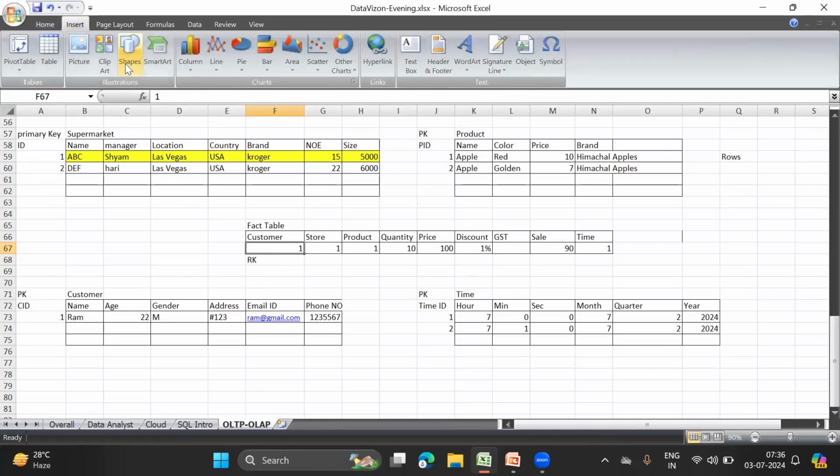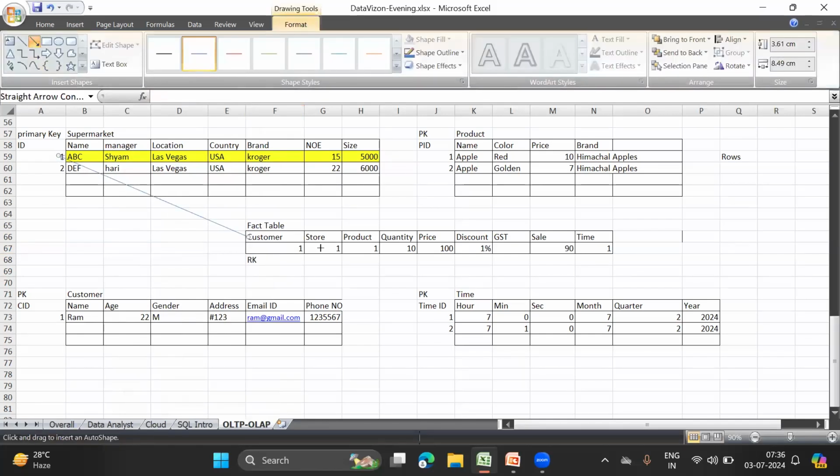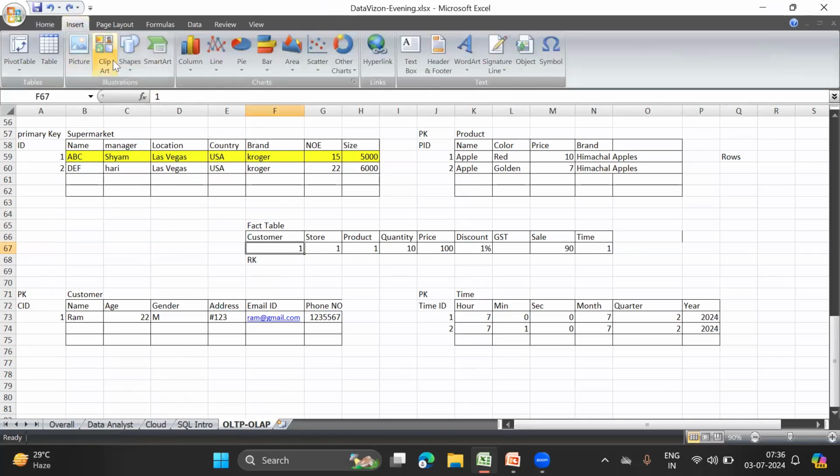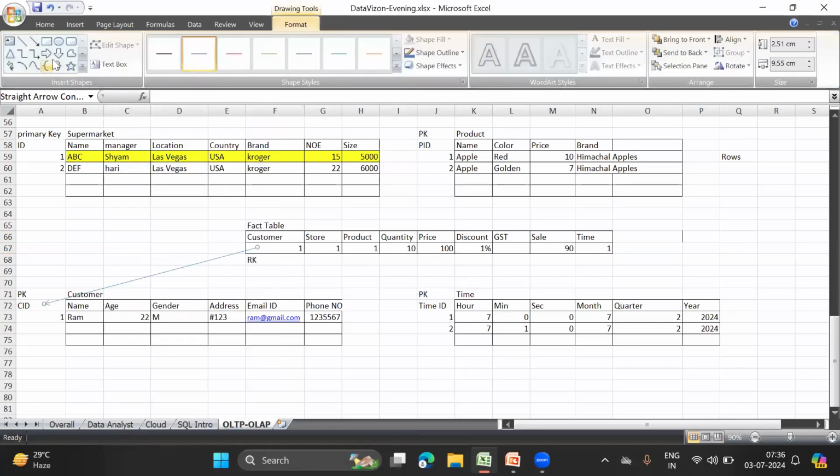Okay. So what I can do is draw these arrows. I can say that this customer ID is coming from this ID. And similarly, this store ID is coming from, where is the store? Oh, sorry. This is the customer. Sorry, my bad. So let me do it again. First of all, I just want to mention where this customer ID is coming from. This is coming from here. And then we have something called a store. This is your store. Where is the store table? So we have the supermarket table. It is coming from here. Similarly, we have the product ID. It is coming from here. And then we have the quantity and price. It is not coming from any table. Then this time is coming from it.